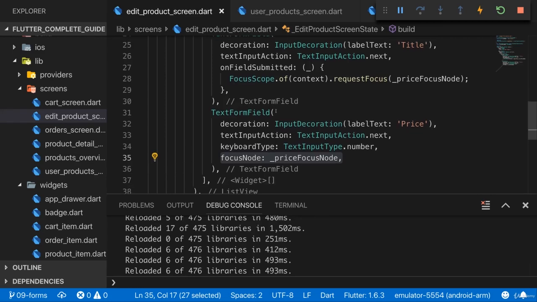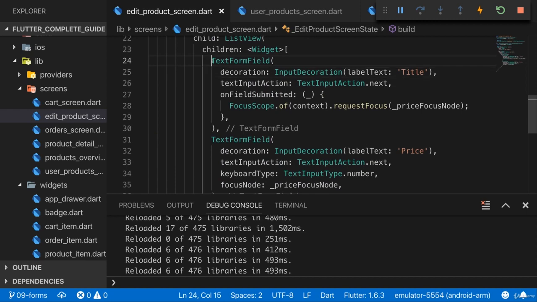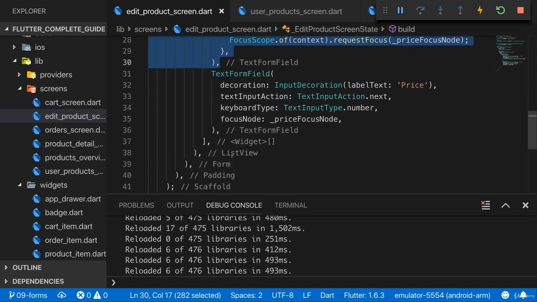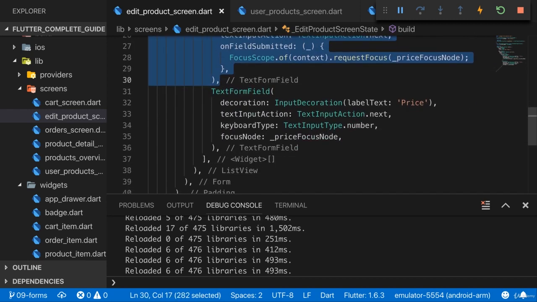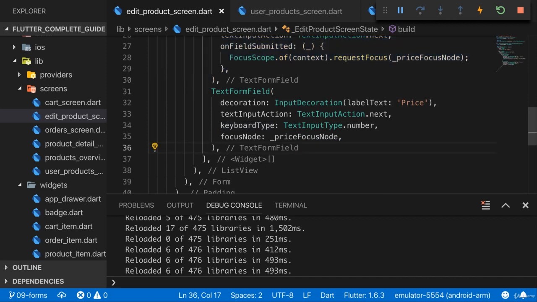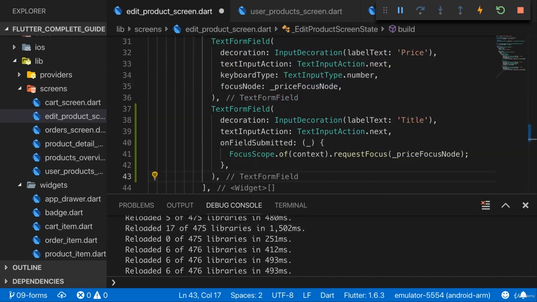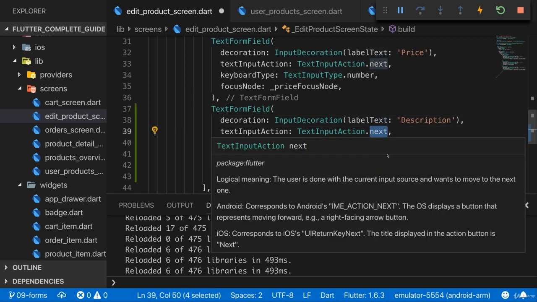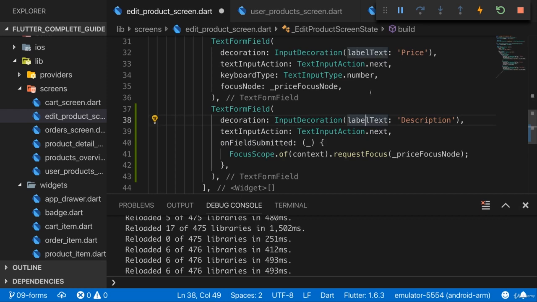Now, the price and the title are not all. We also, of course, need an input for the description. So I'll copy the title input here and move that after the price input. And on there, I'll say description as a label text. And the text input action here should still be next, because I still want to go to a different input